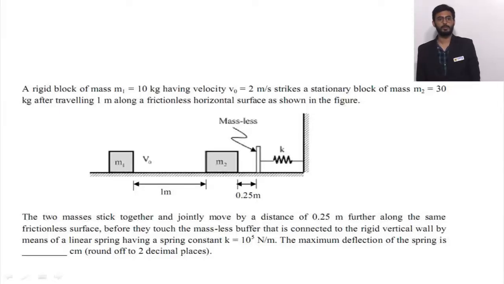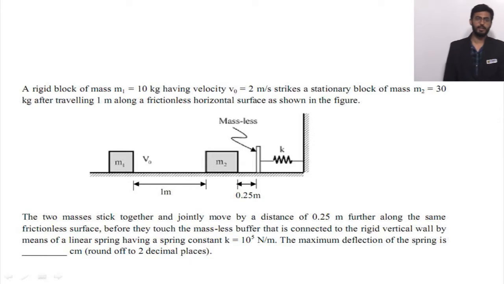This question belongs to the topic engineering mechanics, from the subtopic conservation of energy. A rigid block of mass m1 equal to 10 kg and having velocity v equal to 2 meters per second strikes another stationary block of mass m2 equal to 30 kg after traveling 1 meter along the frictionless horizontal surface, as shown in the figure. The two masses stick together and jointly move by a distance of 0.25 meters further along